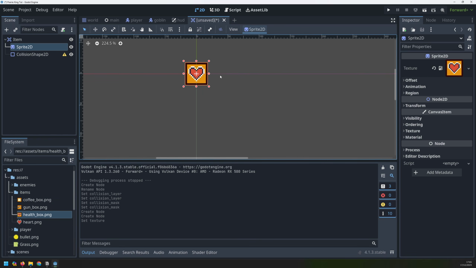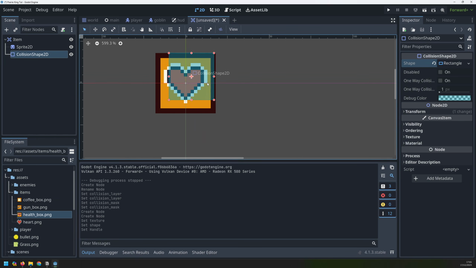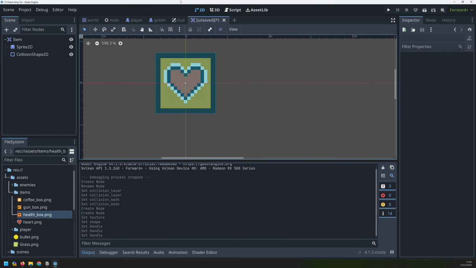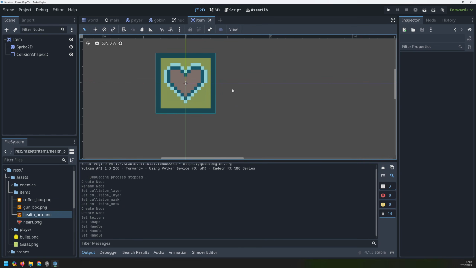Now that I've got my image, let's just go into my collision shape and set up a new rectangular shape. Just drag it out to the borders, and that should be pretty much it. Get the collision set up for this as well. Now we can save this one, and let's see if we can get the enemy code to drop one of